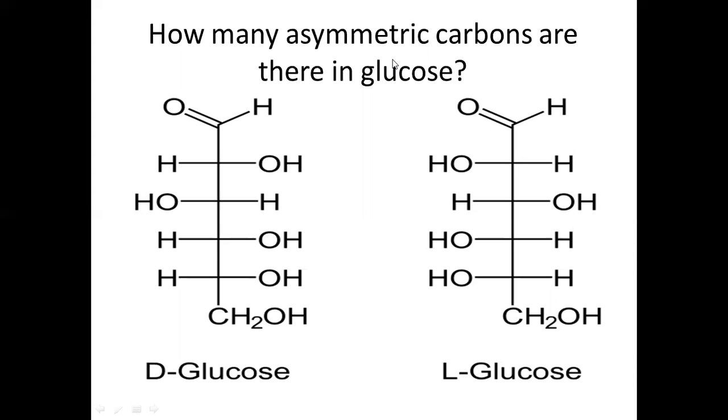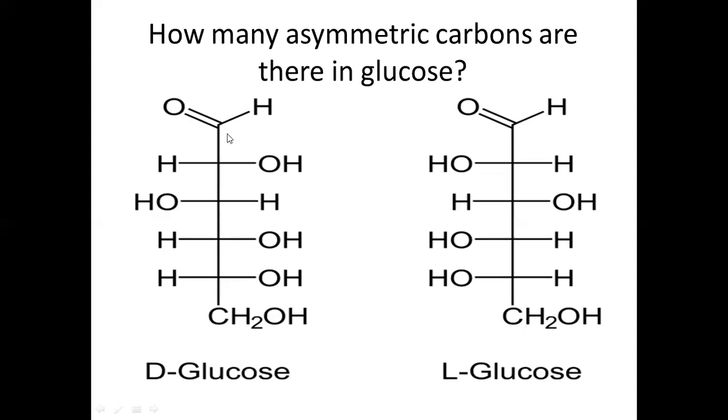So these are carbons that are joined to 4 different carbons or four different atoms or groups of atoms. So they must be different. So how many does glucose contain? How many chiral or asymmetric carbons does glucose have? How many carbons are connected to 4 different